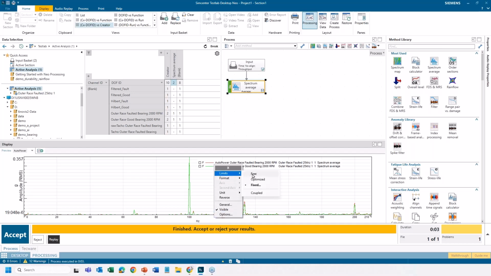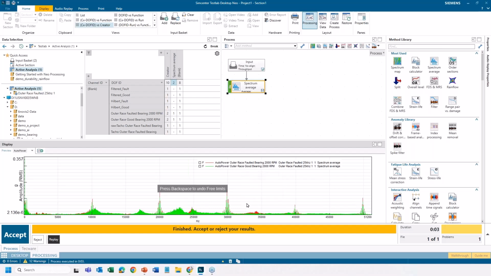I'm going to go to limits free, and we collected this data up to a very high frequency. And now if you were to look at the good bearing versus the bad bearing, or the faulted bearing is red, anything look different to you here? The peaks around like the 10,000, 20,000, 30,000, they're all a little redder.